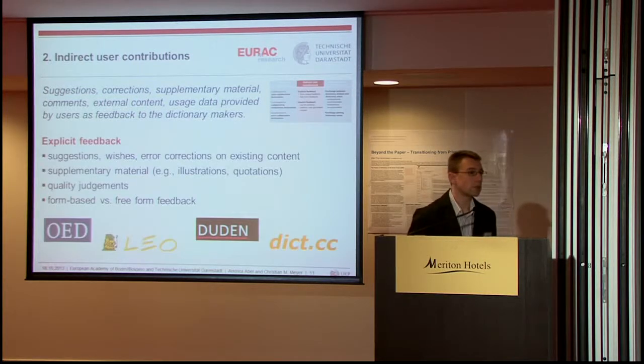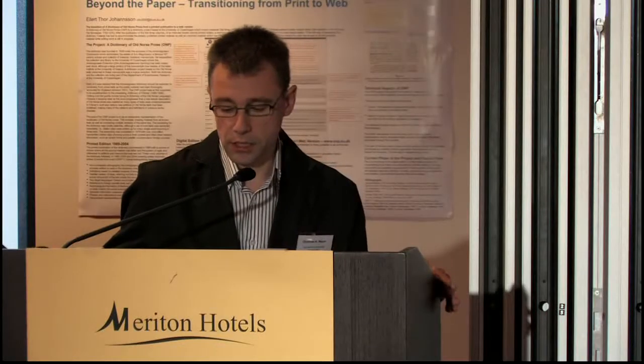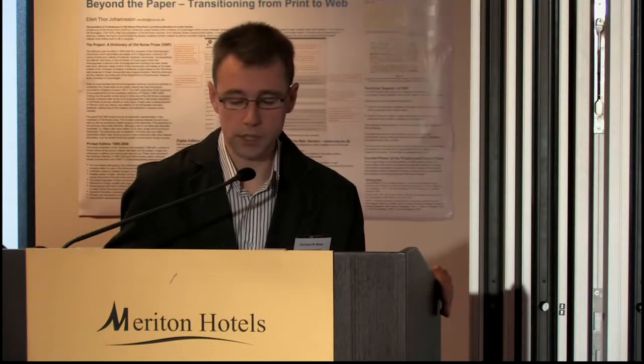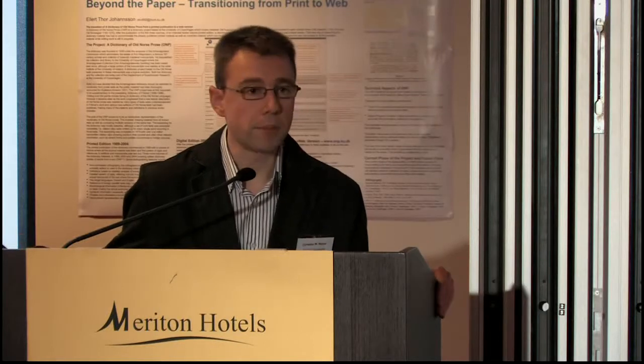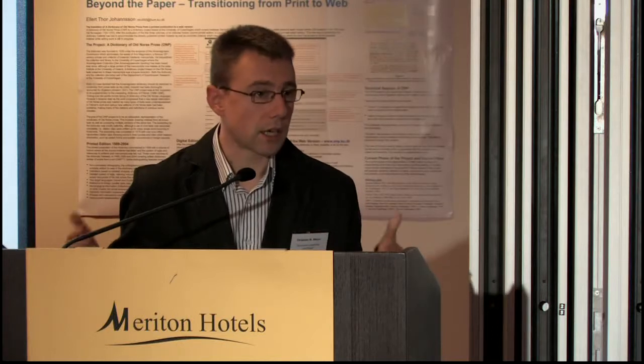So we distinguish between two types of feedback. One is explicit feedback and the other is implicit feedback. And by explicit feedback, we encompass suggestions and wishes uttered by the users, error corrections submitted to the dictionary makers on existing content